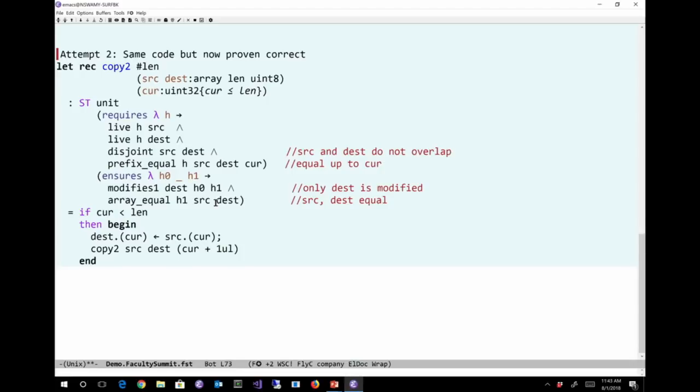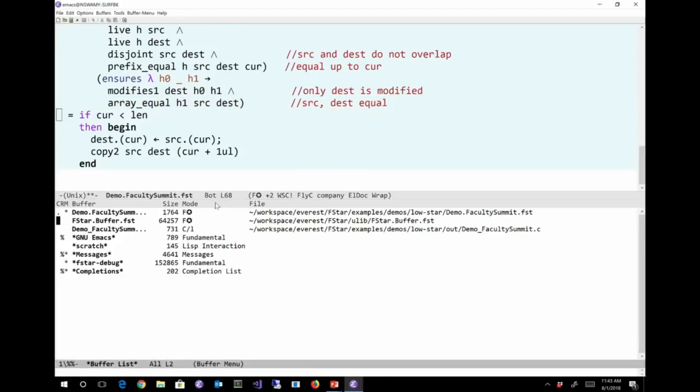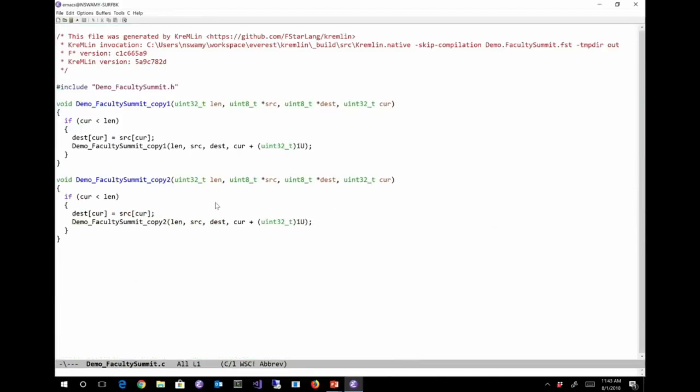So having done this, having verified your program, you can then compile your program to C. And here, I did this just a little while ago. So this is an extraction of the previous program to C. And notice that when you extract to C, you just get C code that you would expect, with all the specifications erased and with no remaining runtime checks or anything. All the verification is static. So this style of verification generally imposes no additional runtime performance overhead.